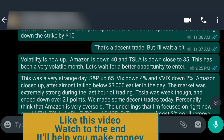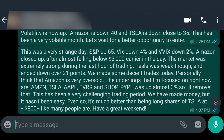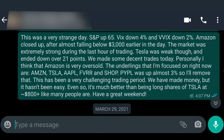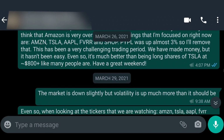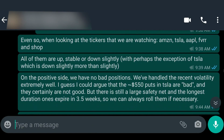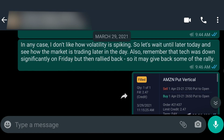Amazon's down 40. Tesla's down close to 35. Okay, very strange day. S&P up 65. Amazon closed up after almost falling below 3,000. Market was extremely strong during the last hour of trading. All right, the market is down slightly, but volatility is up. In any case, I don't like how volatility is spiking, so let's wait until later today to see how the